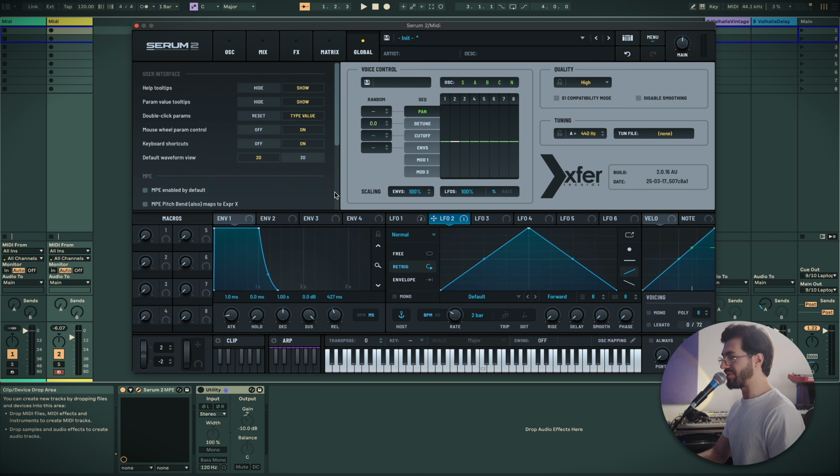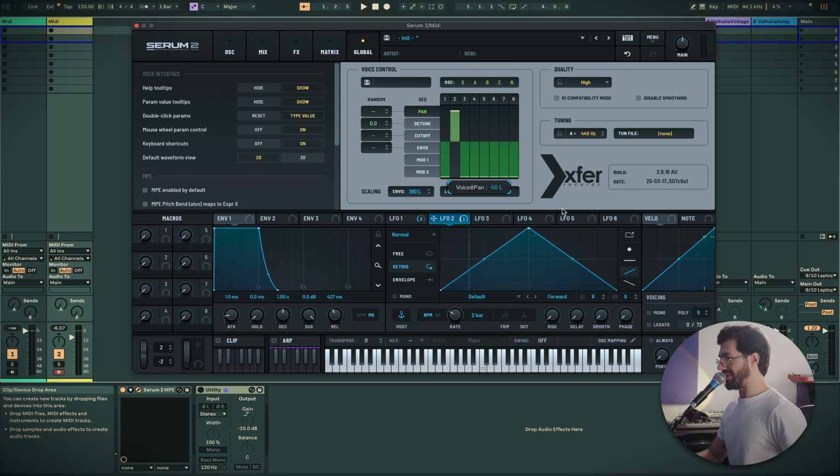Some of the global settings have actually moved to the front page, but now you've got things like voice control, which I really like. Every time I press a note, this kind of steps over. This allows me to change all of these things dependent on the note. Say I wanted that classic analog, every note pans left and right. I could just do this. There we go. And now every note